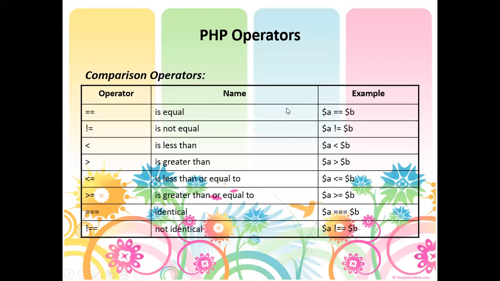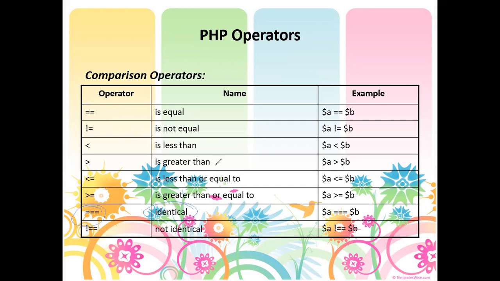Aside from that, we also have the comparison operators. So this is the one that I was talking about a while ago. Is equal is different from the assignment operator. So this is a different operator from the term comparison. It has to compare two values. Okay? Two values. So you can check for equality, not equality, if it is less than or greater than, if it is greater than or equal to, and if it is identical. So this is the 3 equal signs, which means